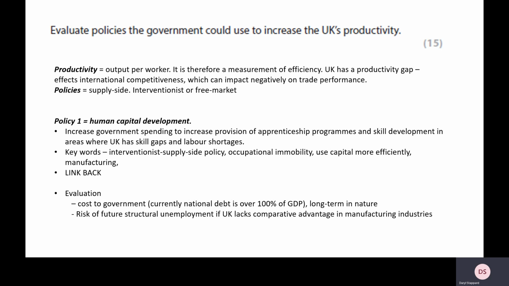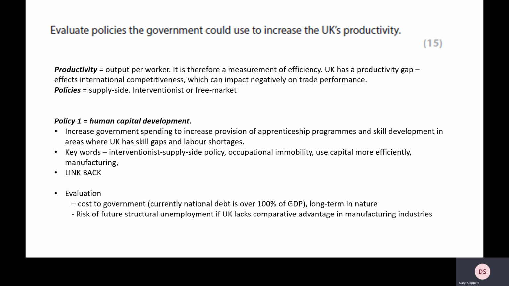Now, what I've then put below that are key words that I would include in this paragraph. I'm going to talk about the fact that this is an interventionist supply side policy. If I upgrade the skills of workers, then this could tackle occupational immobility of labour. If people have got more skills and more flexibility, they can use their labour in more different industries and professions,